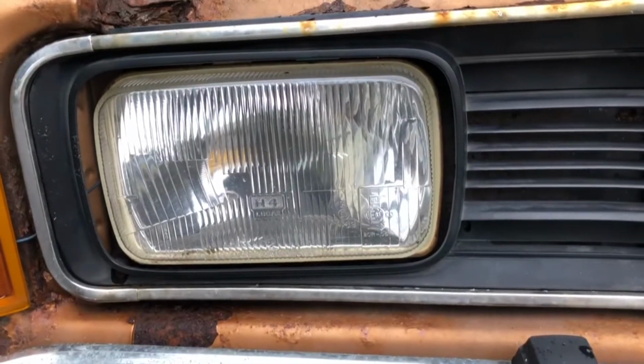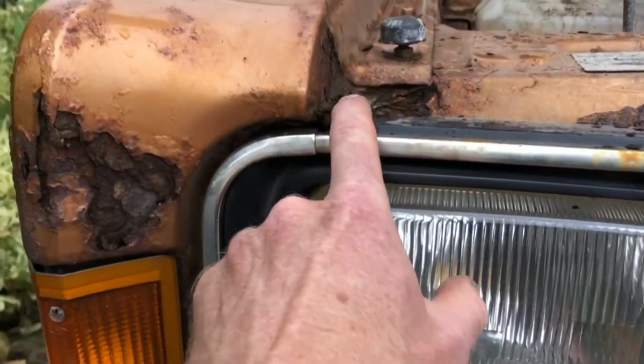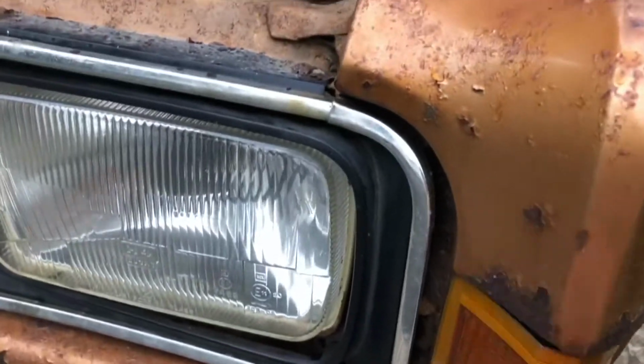Headlamps, grill. Yeah, it's a bit of a mess around there. See, this is a little bit worrying, I guess. I'll have to have a look at that. Under here. Looks like surface rust. I'm not going to focus too much on under the chassis for now, but I don't think it's too bad. Let's have a look at this wing. See, this wing is okay there,